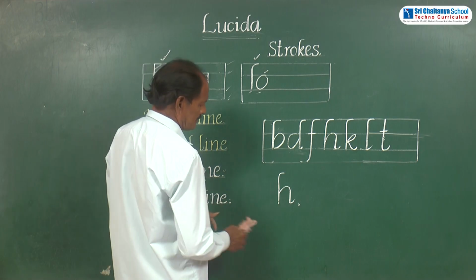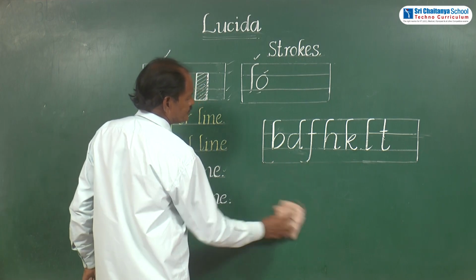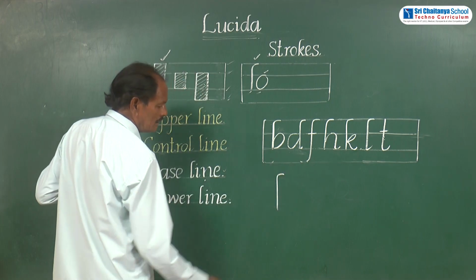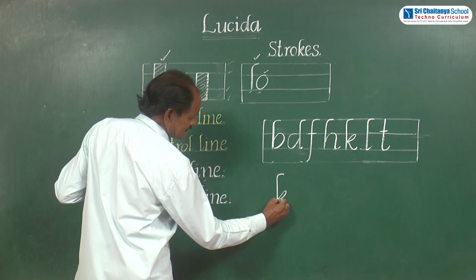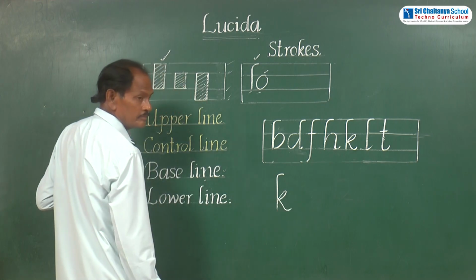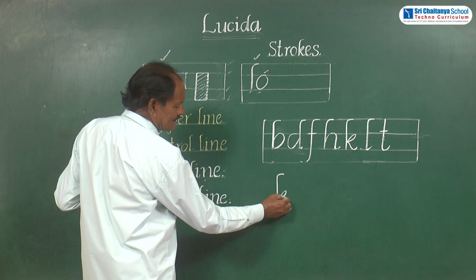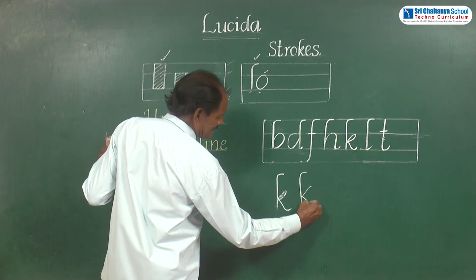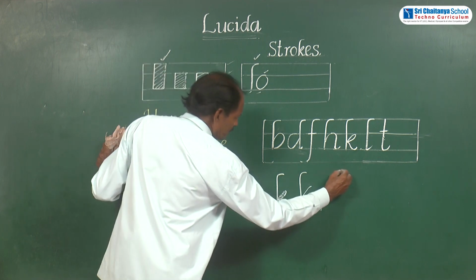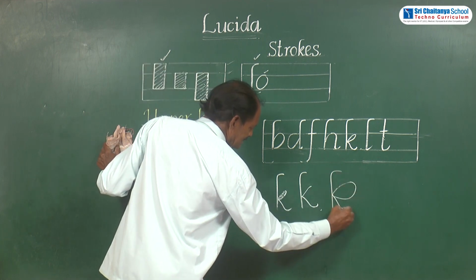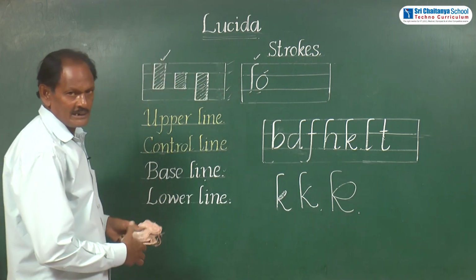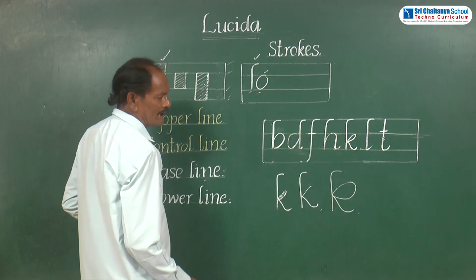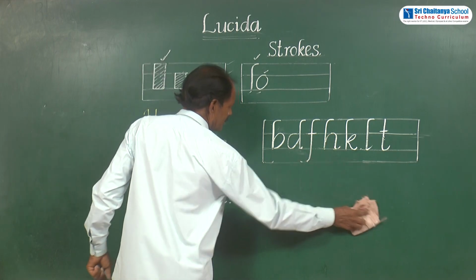Next, K, very, very important letter K. After writing the upper zone stroke, a small callus should be made like this. If you are not able to write this small callus like this, you do one thing. Just you can write like this also, no problem. But don't make a large callus like this. It will become into R, cursive R. So be careful when you are writing K, small k.